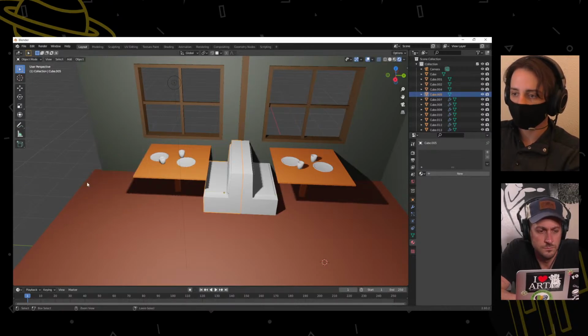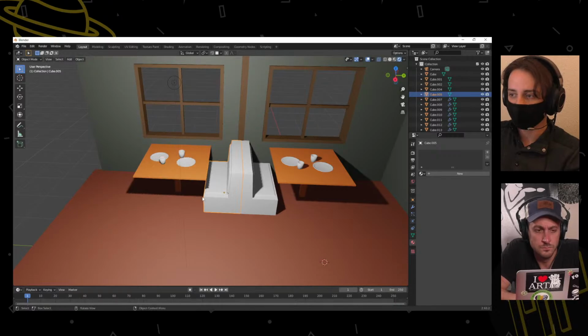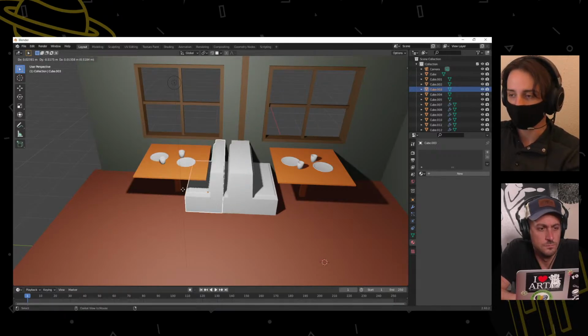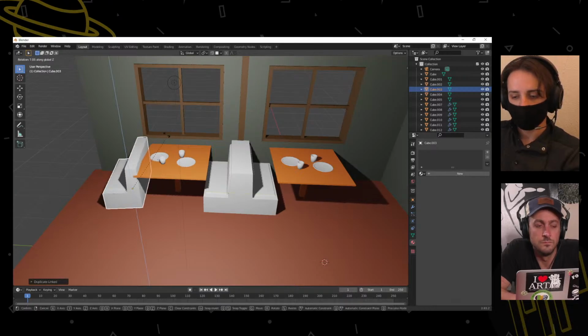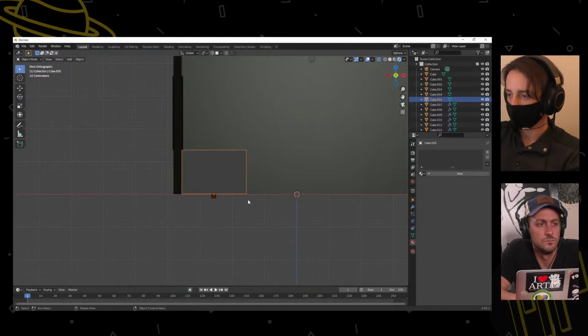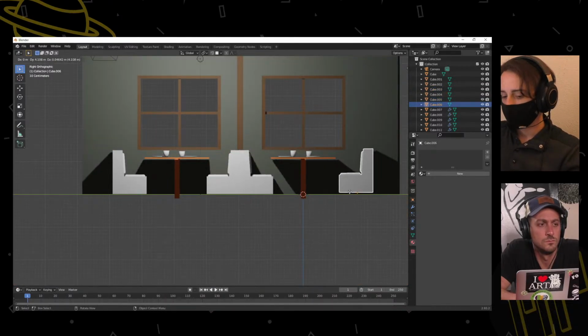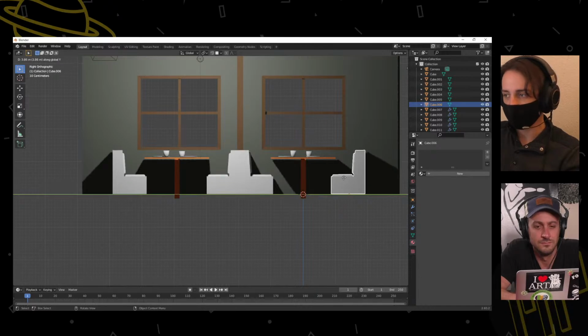So I'm gonna make, whoops, see, my muscle memory is to use Shift D. So I just have to remember that. But I'm gonna rotate this 180. Then I want one more over here. Oops, see, I did it again. Alt D. There we go. Now, if I've got all these where I want them,